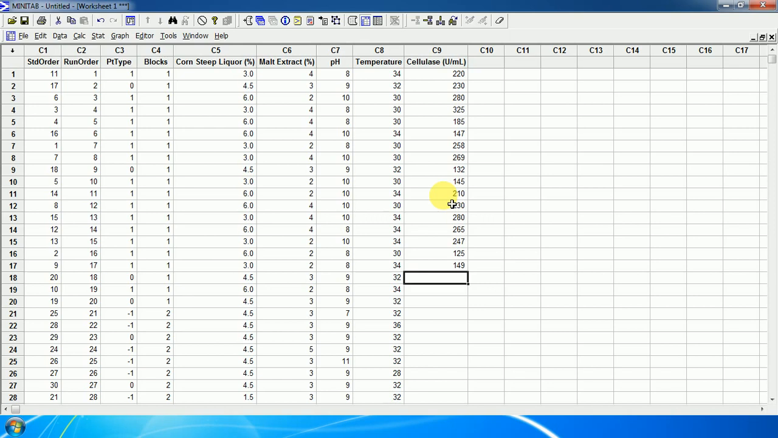149, 258 once again, then 253, 247, like that, 98, 321, 147 once again, and 250, 261. Likewise